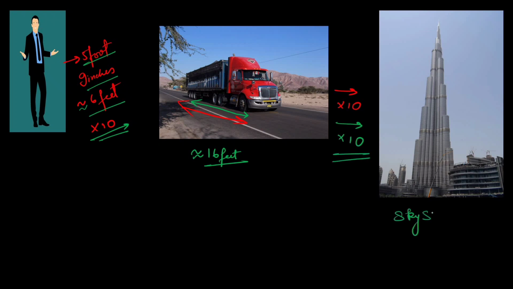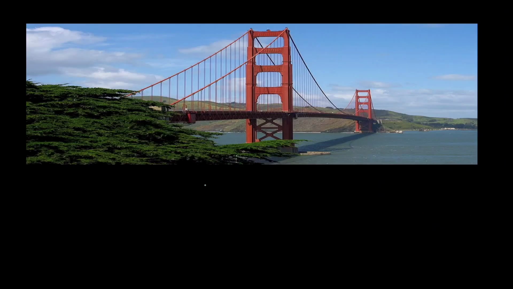So once again, if you took me and you piled me up 100 times, you will get about a 60-story skyscraper. Now if you took that skyscraper and lay it down 10 times in a row, you will get something of the length of the Golden Gate Bridge. And once again, I am not giving you the exact number. It's not always going to be exactly 10, but we are getting to something on the order of a mile long.